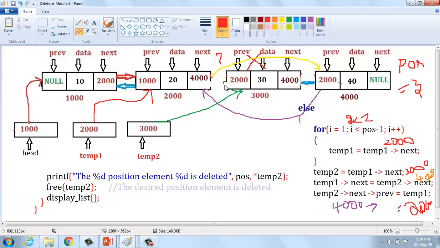Automatically there is no connection from one location to another location. We have created a link from the second node to the fourth node and from the fourth node to the second node, and then free does the memory deallocation automatically, and we used the temporary pointer temp2. This node is now deleted from the given linked list. This is the way we delete from the given linked list. Okay, so thank you for